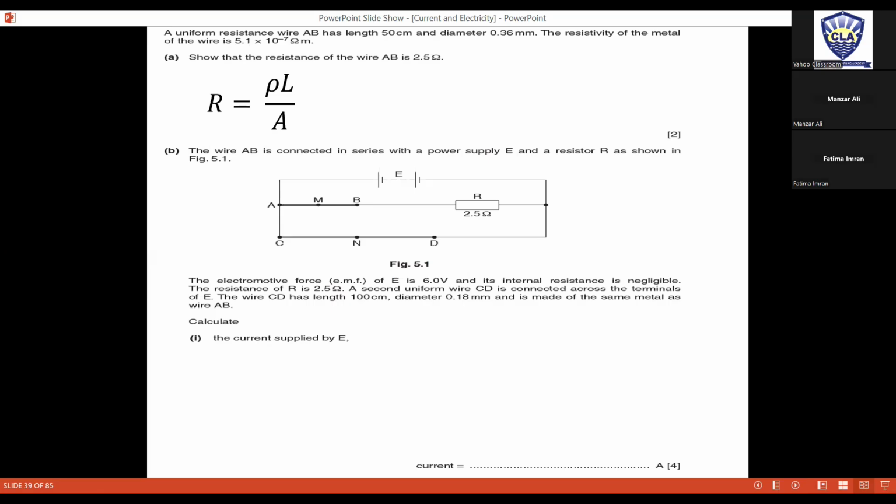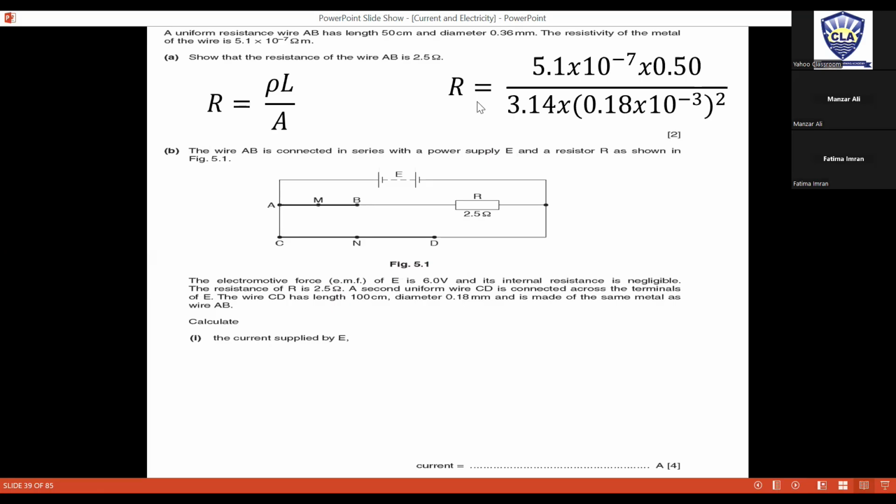ρ हमें मालूम है, लेंथ मालूम है, एरिया के लिए हम πd²/4 इस्तेमाल करेंगे या πr² भी इस्तेमाल कर सकते हैं, बिकॉज 0.36 मिलीमीटर का मतलब है 0.18 इज द रेडियस। इसको मैंने 10⁻³ से मल्टीप्लाई किया ताकि मैं इसको मीटर में कन्वर्ट कर सकूं। तो πr² विल गिव मी द एरिया एंड फ्रॉम हेयर द रेजिस्टेंस कम्स आउट टू बी 2.5।